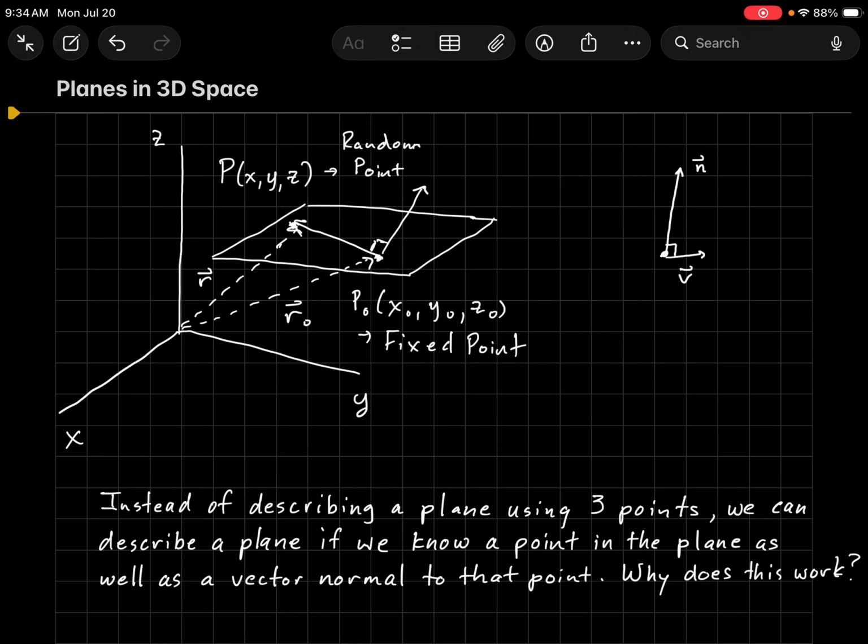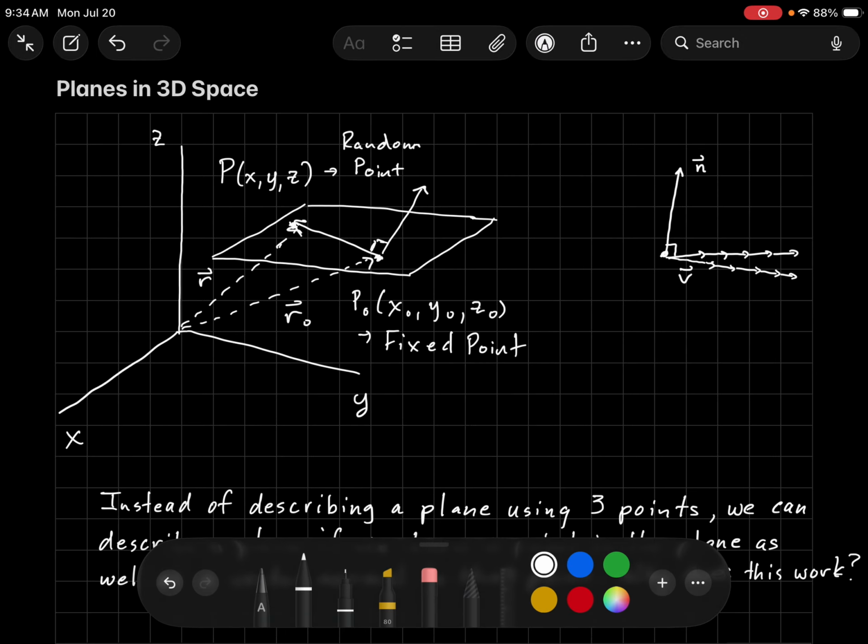Now that vector v could be shorter, longer, and in fact it could be all of these different vectors, etc. Now, take this vector v and all the different ones of all the different lengths and rotate it 360 degrees around this point. Can you see how this would form a plane? So if this will form a plane,